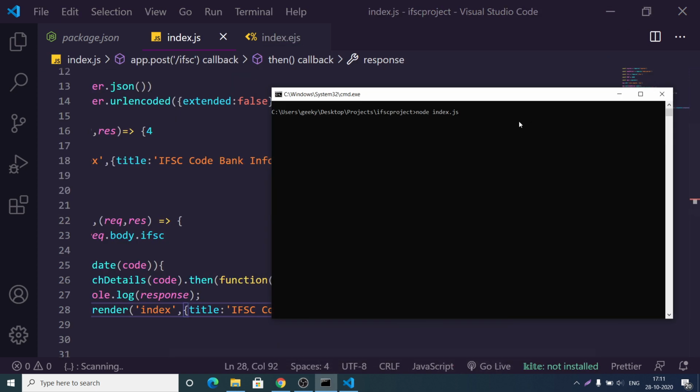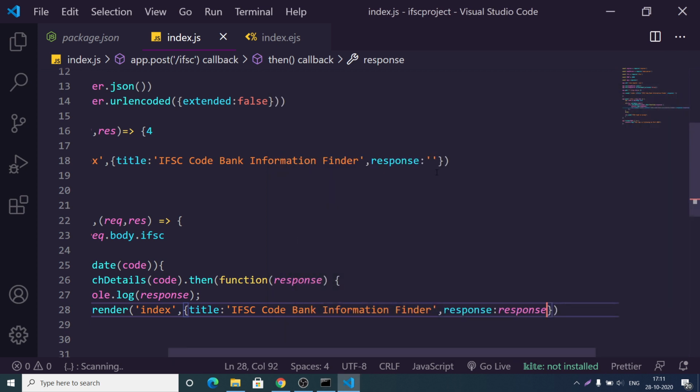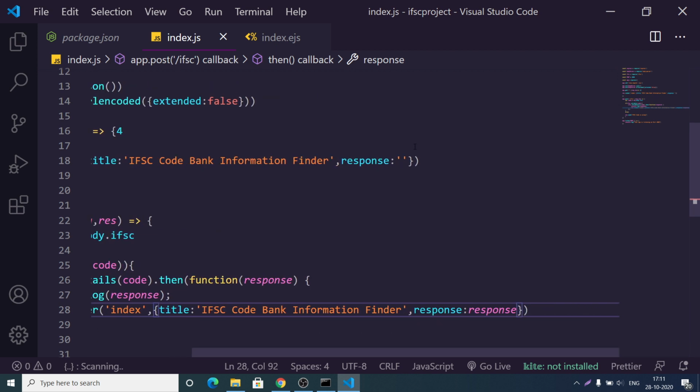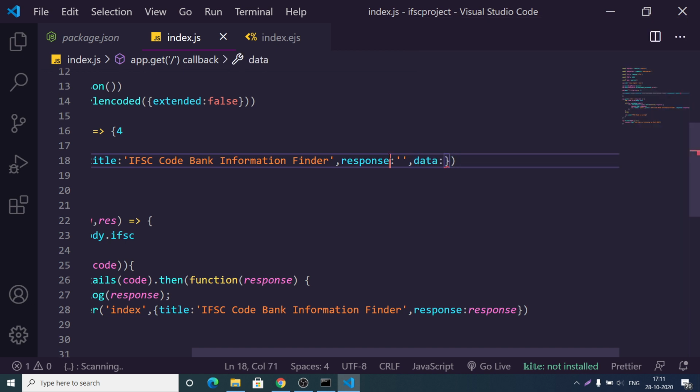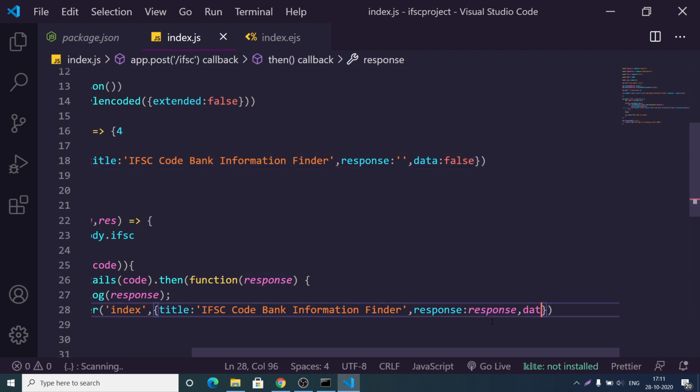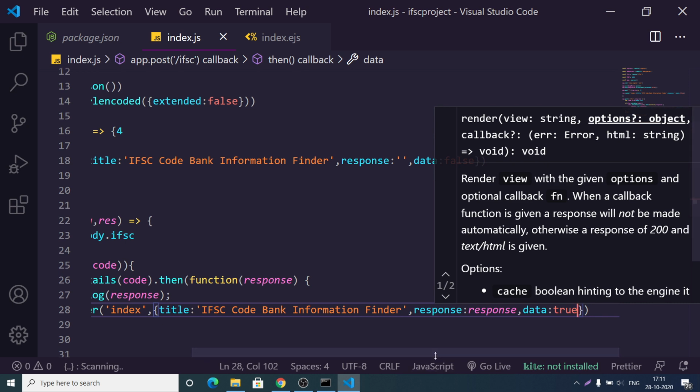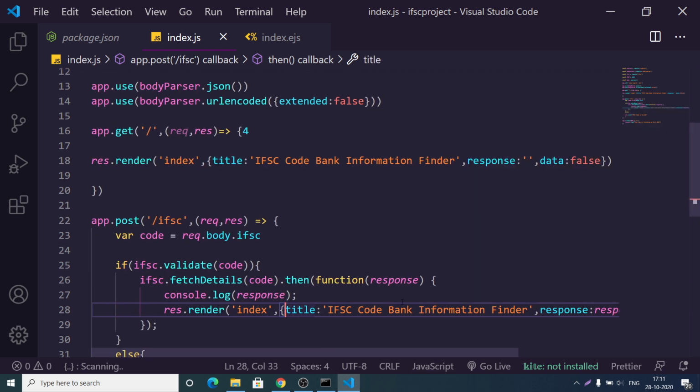Now guys, to display this information inside a table, we can simply create a new variable inside our index.js wherever we are sending out this response. A third variable we will create here, let's suppose data, and I will provide a boolean value, just to check whether the data is being sent to the client or not. When we load the application for the very first time, this value will be false. And where we are sending the response, we will change this data to true, just to check if we are sending out the response or not.